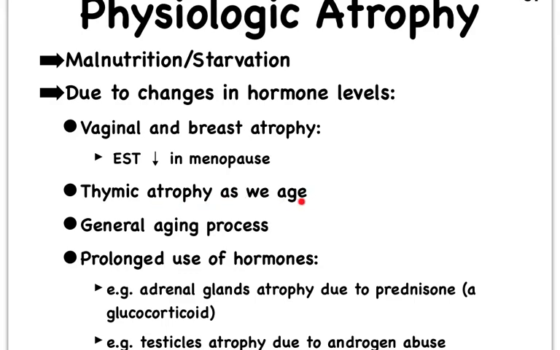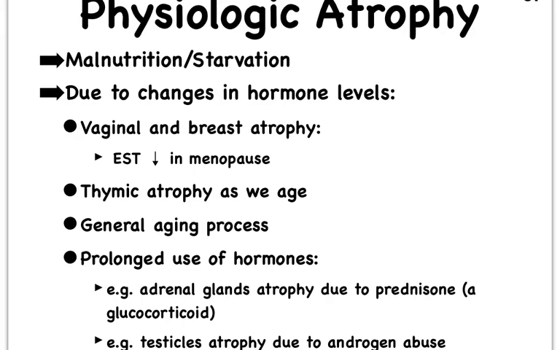As we age, our thymus pretty much disappears. In old people, there's really not much of a thymus left, and this all has to do with how our immune system functions, particularly our adaptive immune system. As we age, it just becomes much more difficult, for instance, to build muscle mass. As we age, entropy takes over, chaos takes over in the body. Things just don't work as well. And so it's a natural aging process.